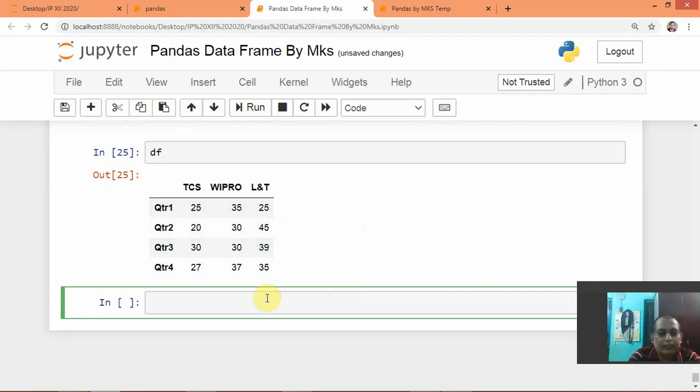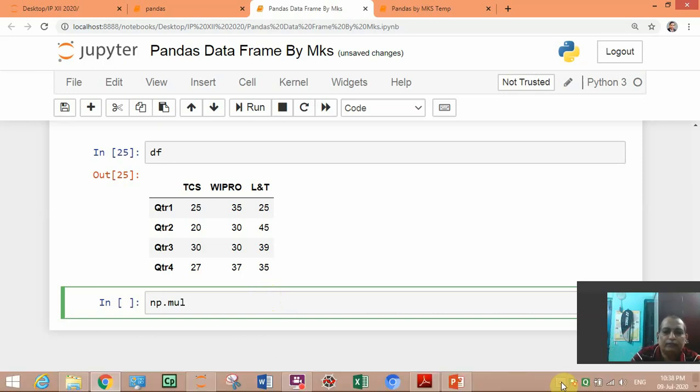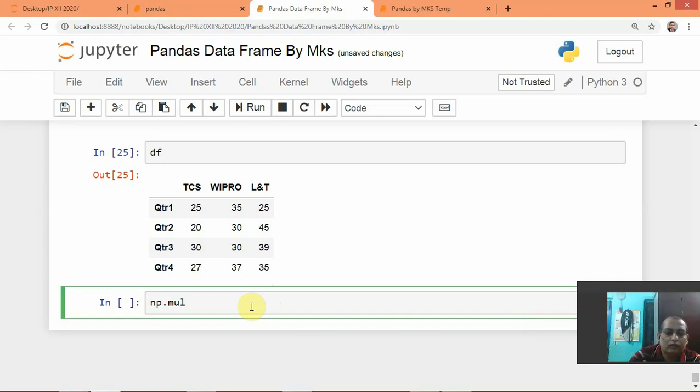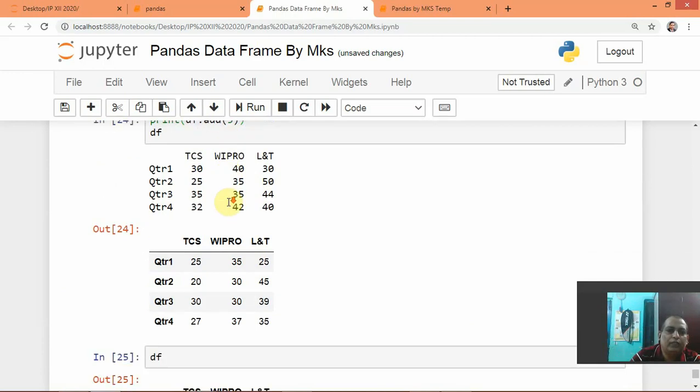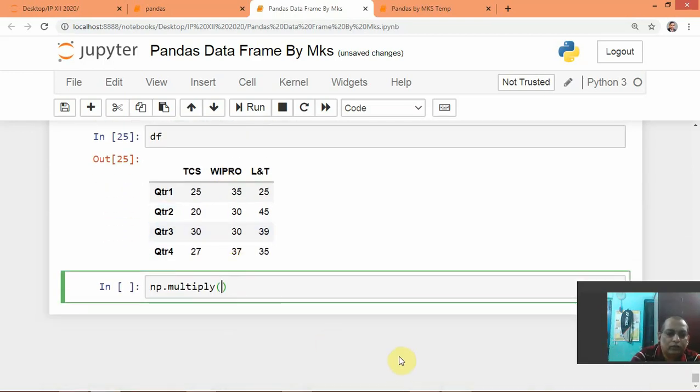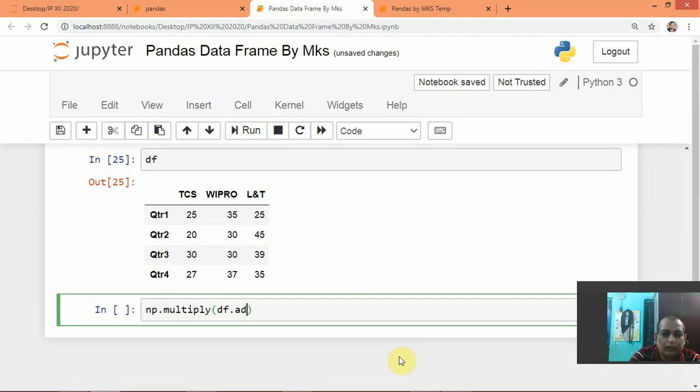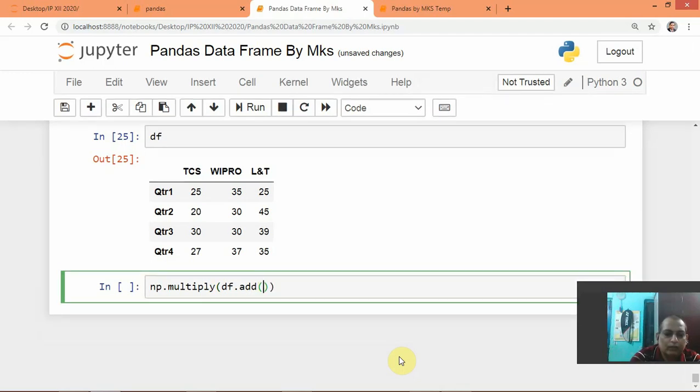Now suppose we are writing like this: np dot multiply, and here we write what we wrote previously, df dot add 5, and multiply by 3. We can understand this one easily.